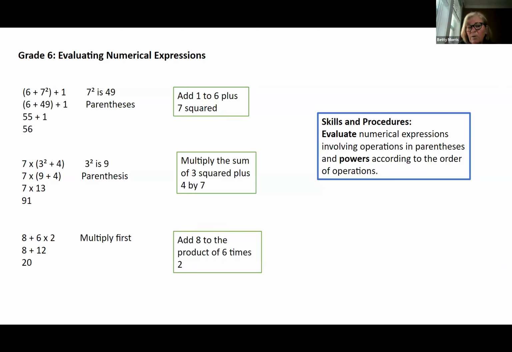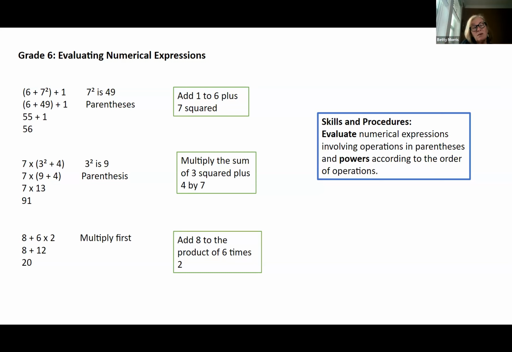And then the other 2 examples are very similar. You're going to work with the exponent first. You're going to do 3 squared, and then you're going to get them to expand that, figure out the answer that it's 9, and then multiply and get your value. Okay. And then I put this one at the end just as a reminder, because sometimes the students, myself and or the teacher, get so focused on the exponent, let's say, or the parentheses, that they forget all the other parts of it.